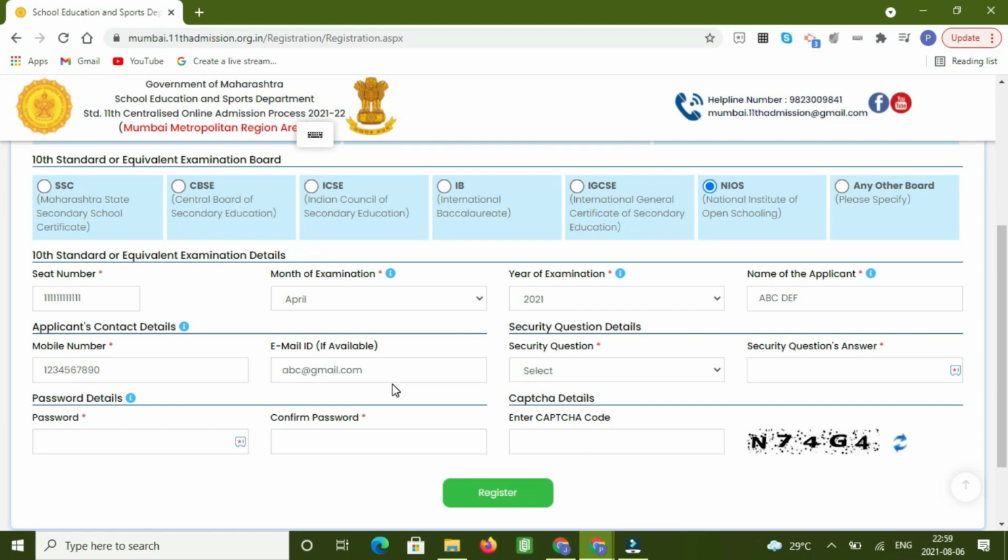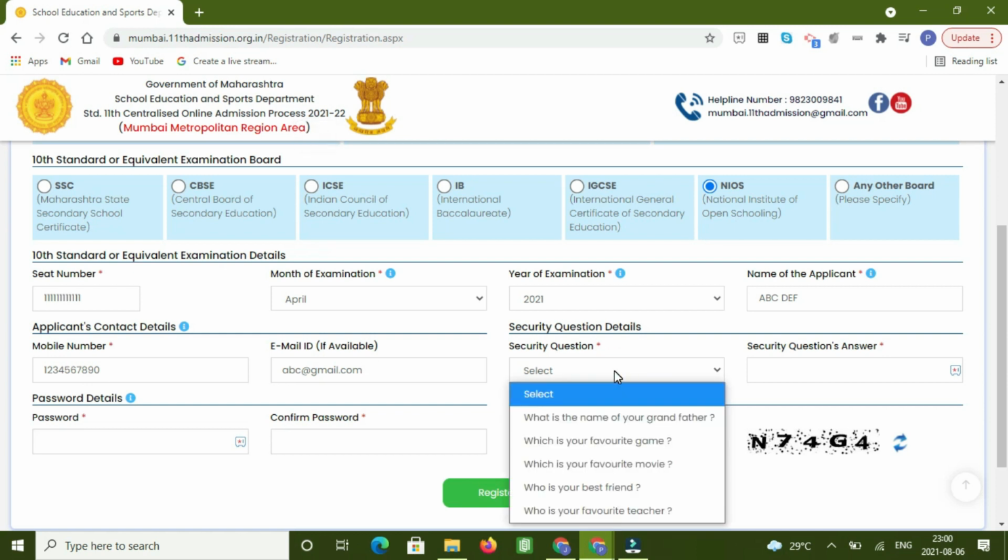Preferably parents' email ID, so that if colleges wish to contact, they can do that, and any email notification can come on the parents' email ID. If the student is operating everything, then it can be student's email ID also. Mobile number also, be it parents or students, it should be active for the entire duration of admission process.